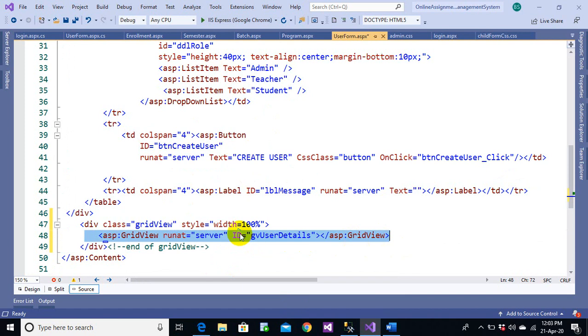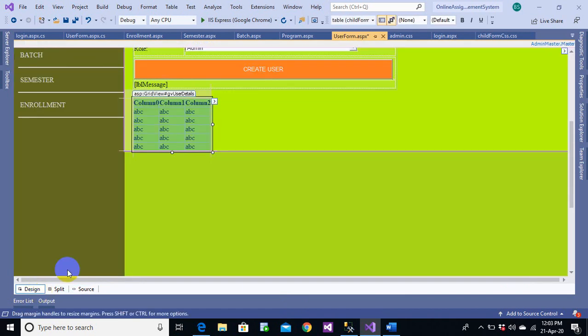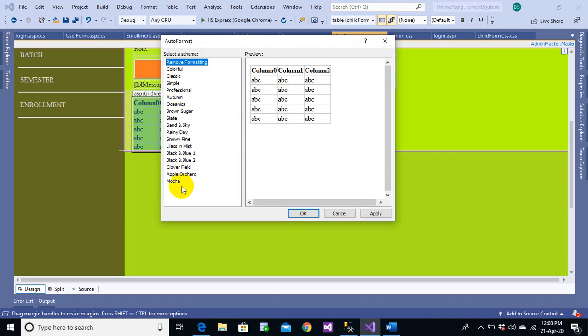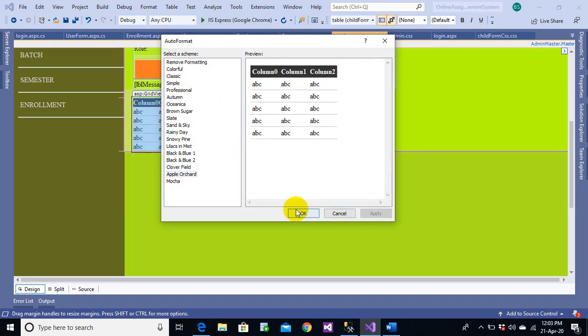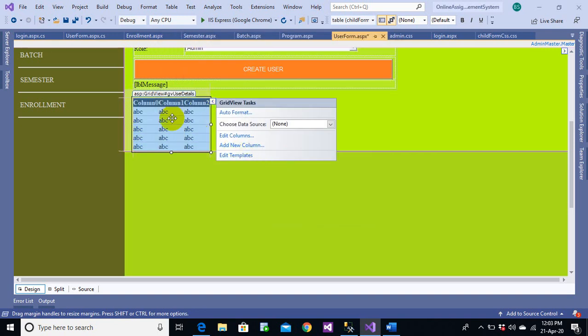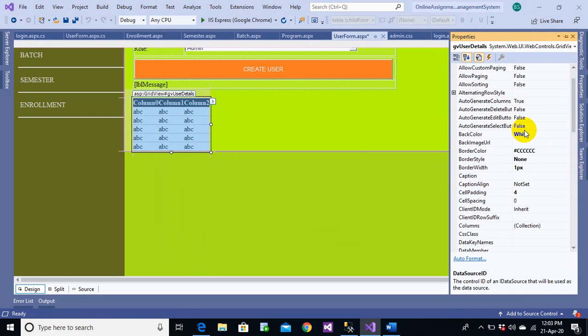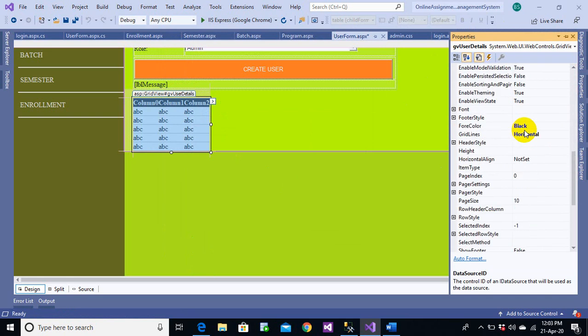I want to populate the list of users on this grid view. So let's go to the design part. Let us make it more stylish. So you can go over here, you can make it auto format, you can choose any format you want. So let me choose the one that I like. And you can also change some property of this. So you can go to property and you can change anything that you want to change for this. So you have lots of options here, and you can do anything that you want to apply changes onto this property. And you can see right now this is only taking some of the space over here, but I want it to be fully occupied here.